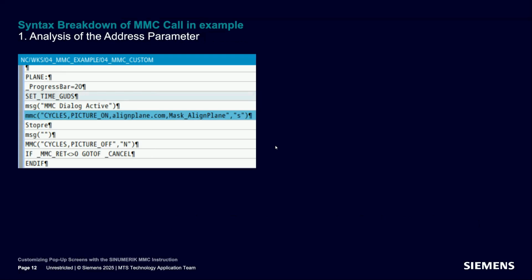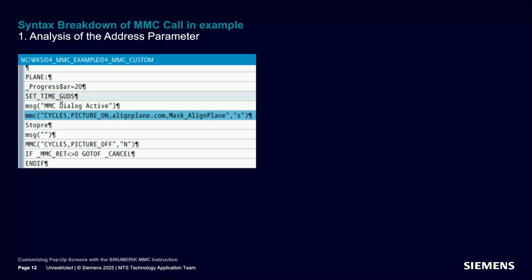So I want to analyze all the different arguments to the MMC command and see what I selected as well as what they could have been. In the snippet here, we can see the order of all the blocks pertinent to the align plane dialog that we looked at moments ago. So here, first, I have a global GUD that's setting the progress bar variable to 20%. To create the timestamp, I run a cycle where I put all the times into global GUDs that can be